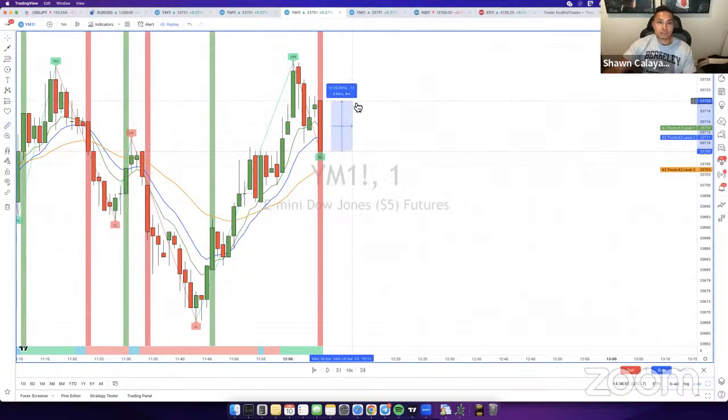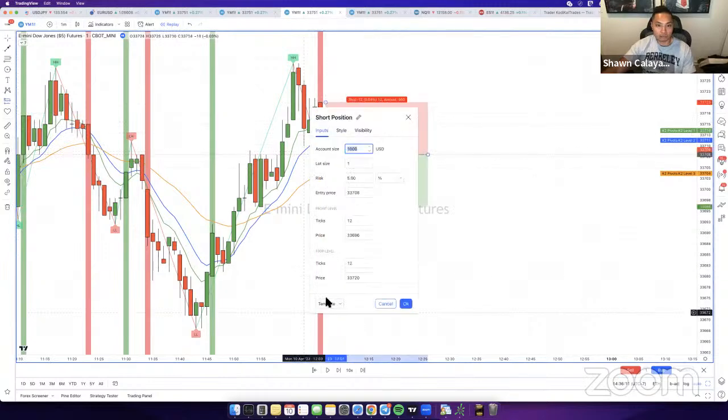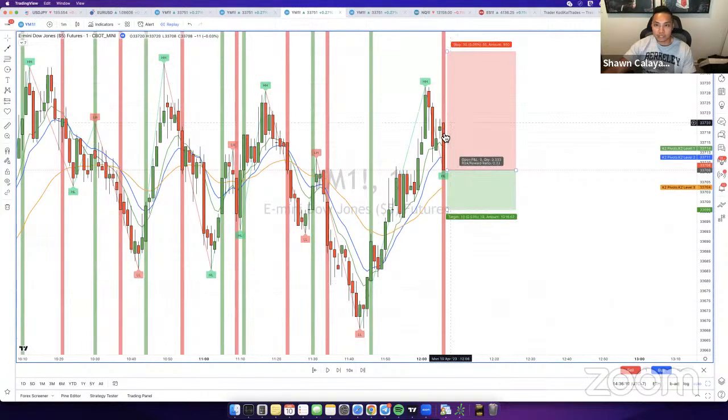I wouldn't consider this too big, but I'll show you an example of how it happened. For example, here, if you were to take a short position at this point, I know this isn't a huge candle, but typically if you're setting your TP and stop loss, and your candle is bigger than the stop loss, say your stop loss is 300 pips and this candle is bigger than the stop loss, then I for sure would use the buy stop or sell stop in that situation.